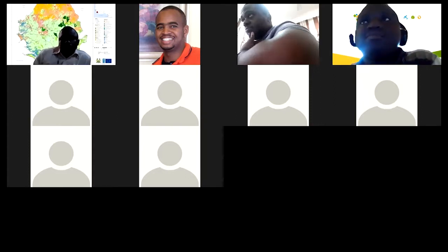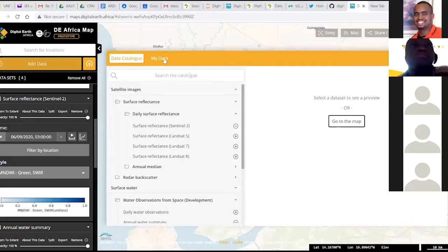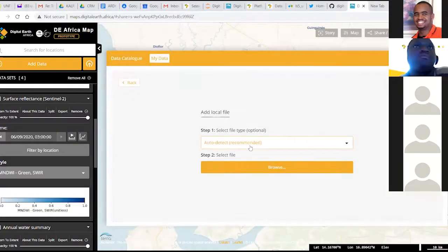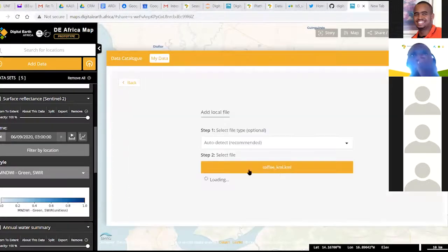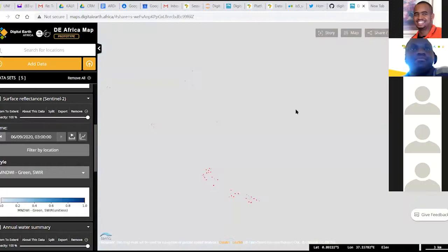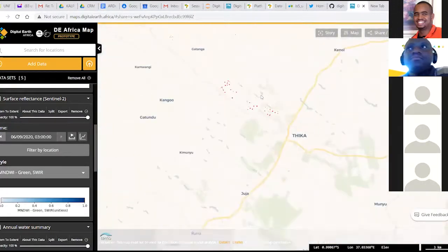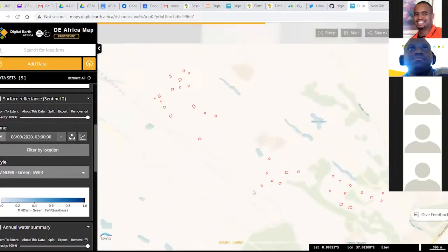Also, the best part with this addition is that with the DA map, you can also add this. Let me just show you from this side. You can actually add data like a shapefile, of which I know you have several of them at NBS, which can also help as we fix these other things. I think I was able to show this last time for some areas, and we could see where it takes you. So this is one of them, but the other one we'll work on in due time. Thank you.